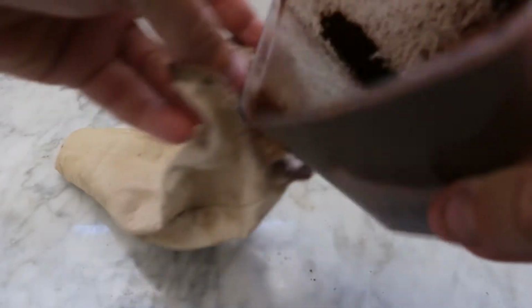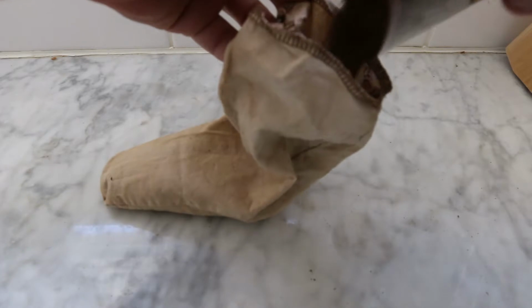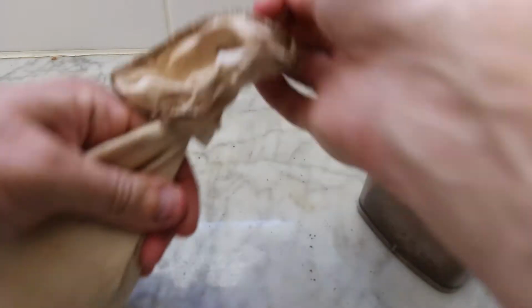So I got my medium grind right here, and I'm gonna fill up a sock with some of the grinds. I set my grinder to grind about 12 cups worth of beans, and that should be enough to fill up one of these extra large mason jars full of water and have it brew overnight. And then I just kind of loosely tie this in there. That way none of the grinds fall out in the mason jar,